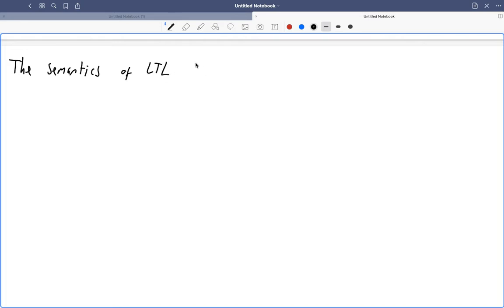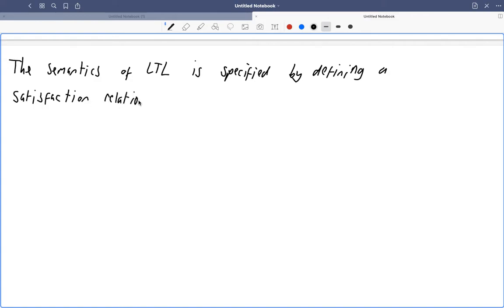How we understand formulas is specified by defining a satisfaction relation of the form